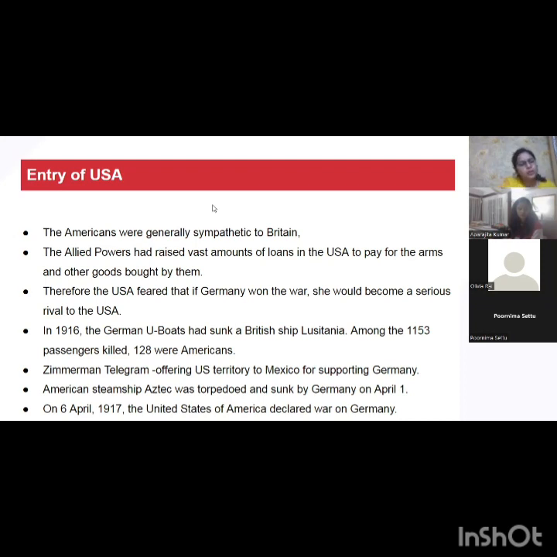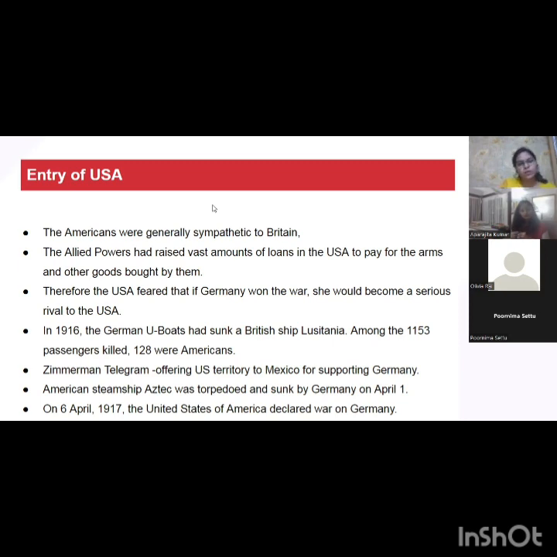One more thing, at the same time in 1917, the Zimmermann telegram was revealed. According to the Zimmermann telegram, German officials were planning and plotting with Mexicans. You know that Mexico is in North America. So Germany said to Mexican officials that you support Germany in World War I, and we will give you the US territories which we will be capturing. This plan was revealed to Woodrow Wilson. This further strengthened his conviction that now too we need to enter into World War I.